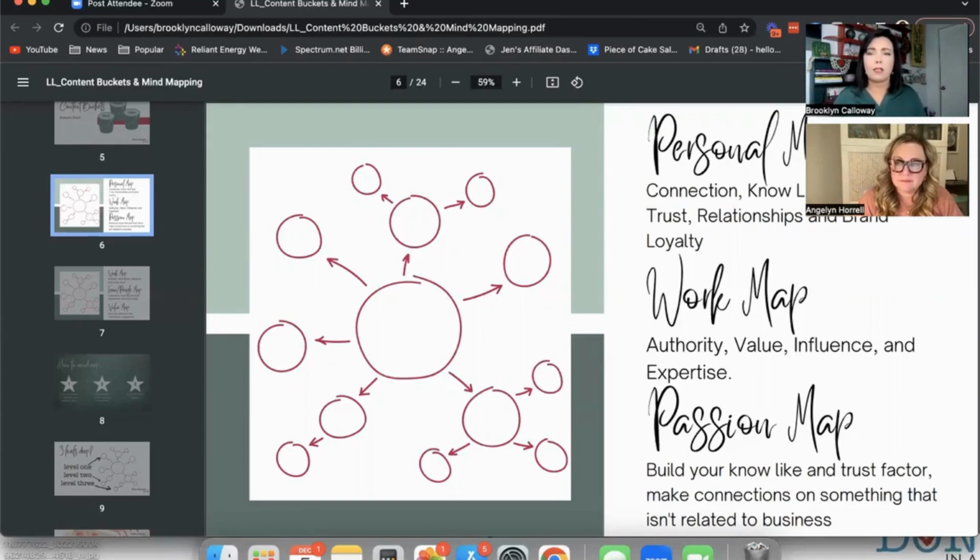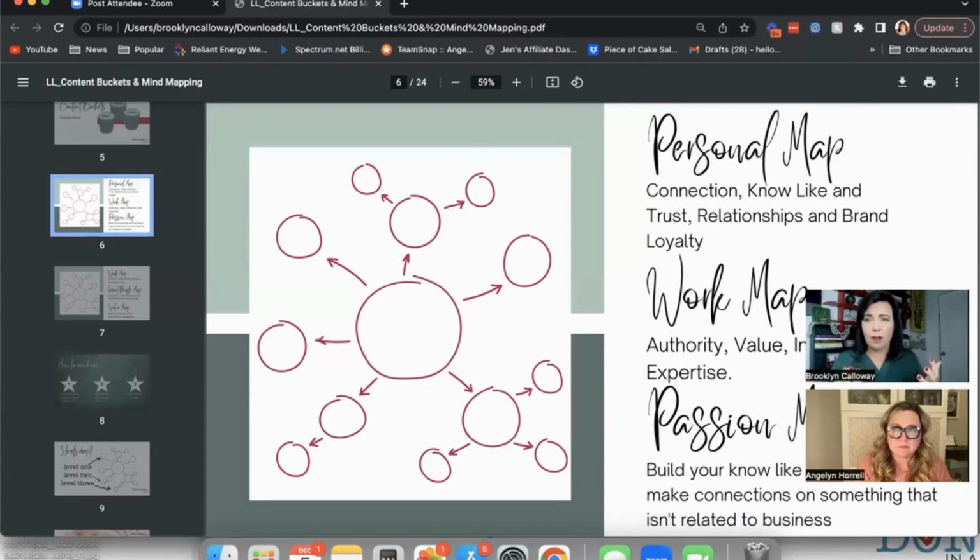So then what I do is I take those lists and I take one thing from each list and I put it in the center of this bubble. So the personal map is about creating a plethora of topics that build a connection with your audience. It builds your know, like, and trust factor.